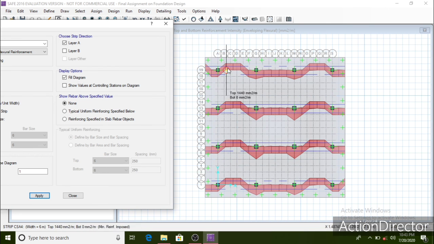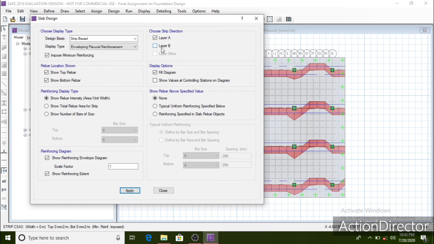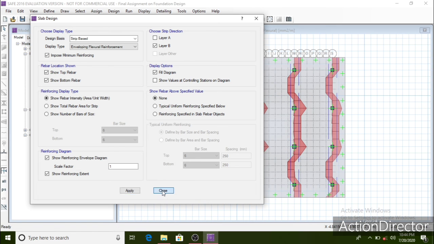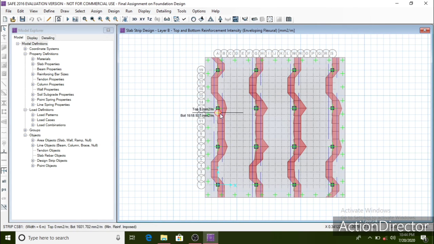So this gives us the top and bottom reinforcements of the slab along the design strip layer A. You can change those whatever you wish to see. Like if you want to see the reinforcement values along the layer B, just check this one and then uncheck the layer A and click on apply and close. Now you can see the top and bottom reinforcements along the design strip layer B.